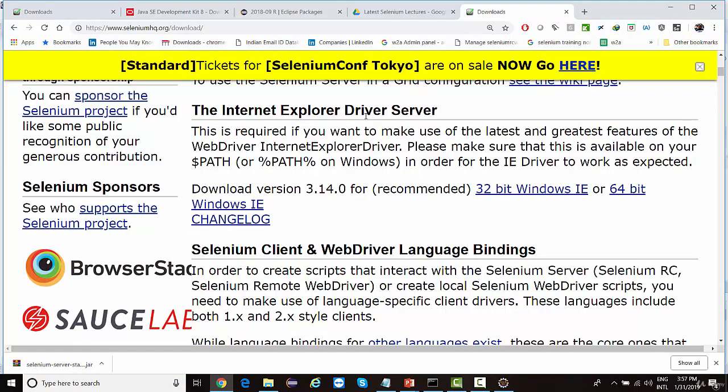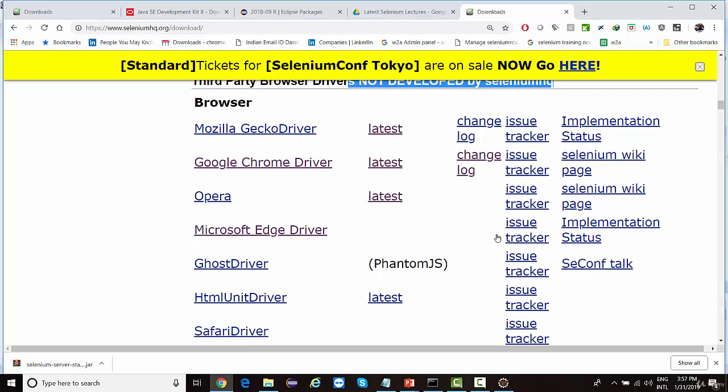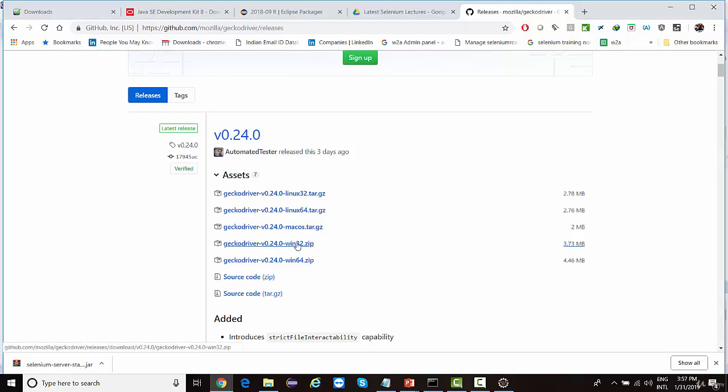Which you will be downloading from here. See, for IE, there's 32-bit, 64-bit. If you go down, you'll find third-party driver bindings not developed by Selenium HQ. So these are all the bindings for Gecko driver, Chrome, Opera, Edge. We're going to see detailed configuration of these browsers in our upcoming lectures. So Gecko driver is something like this. Go to latest. This is the latest one, 0.24.0. You need to download it. It comes as a zip file. So if you click on this,